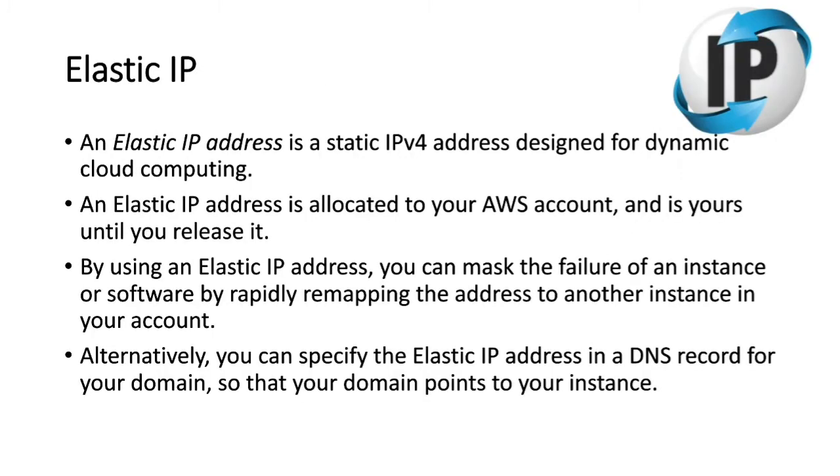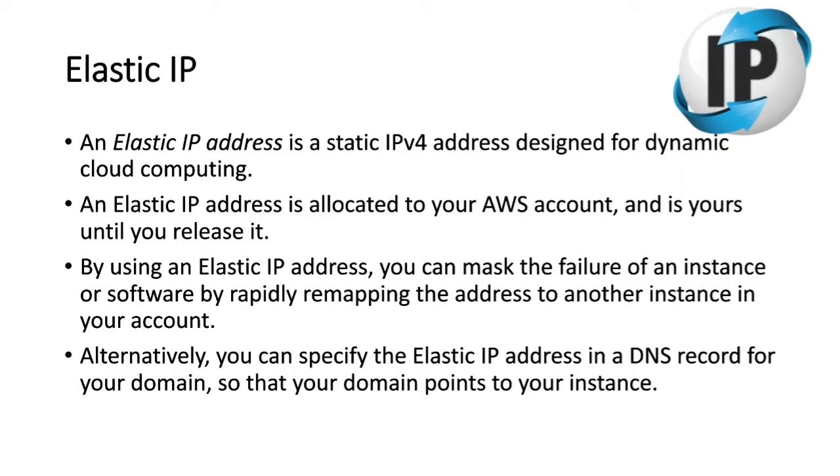Coming to the concept of elastic IP. An elastic IP address is a static IPv4 address designed for dynamic cloud computing. Now, what was the issue of having our EC2 instances with a public IP? We have done a lot of hands-on till now, and we have seen when I installed an Apache web server, I used the public IP of my EC2 instance and pasted it into my URL, and when I clicked over, I could see the HTML page or the test page of our Apache web server.